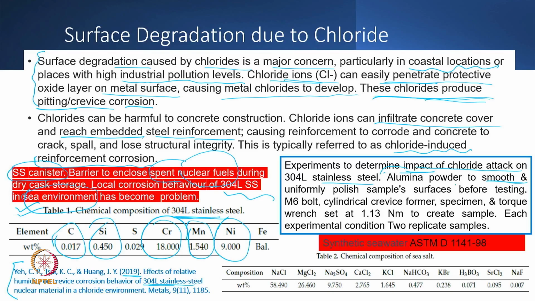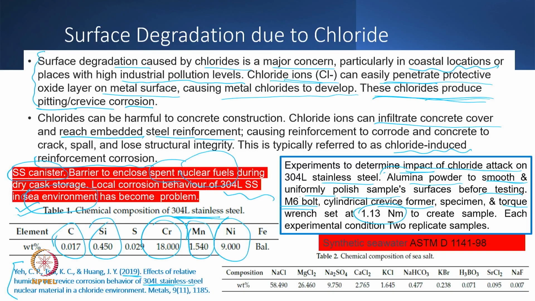As per those standards, the surface should be uniformly polished whatever sample they choose, and this topic has also been covered in our earlier lecture on corrosion. They used an M6 bolt and polymers which allow crevice corrosion to form and allow infiltration, and they maintained the torque value, which as per the standard they kept at 1.13 Newton meter, to create a complete sample so that it gets subjected to the corrosion phenomena,